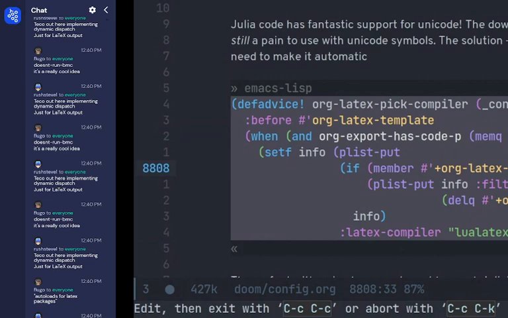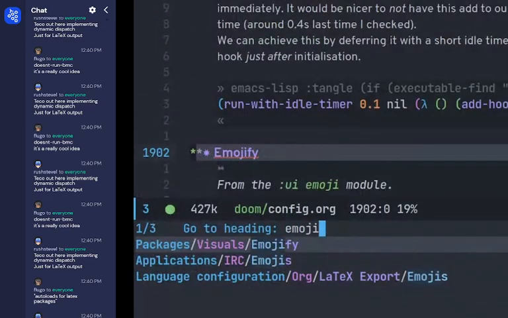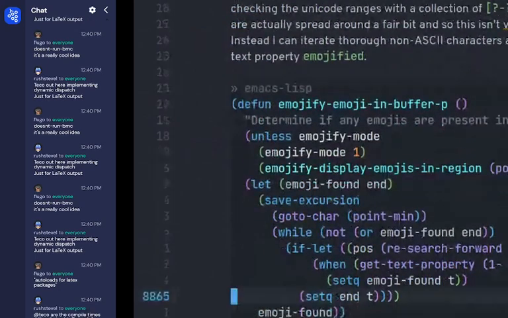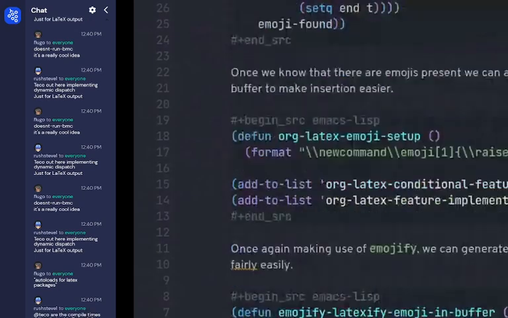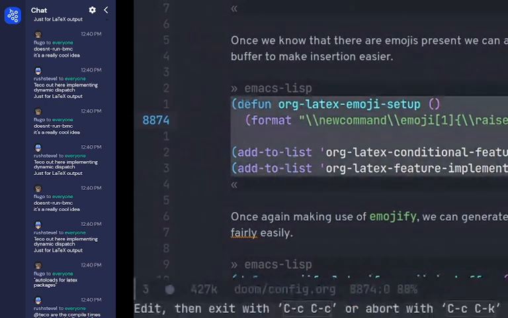This used to be a big issue for me with emojis, but if I have a look under emoji, let's see. Yeah, emojis, I've actually got that sorted now, because I've got some more advice type functions that, when you export, look for all the emojis in the file and replace them with the command. This is all, once again, done through this lovely dynamic dispatch with features based on the current document. If there are no emojis, none of this will happen. If there are emojis, then we're adding this document command,